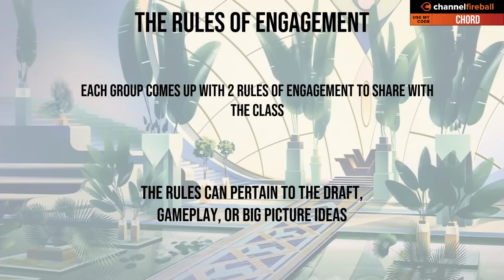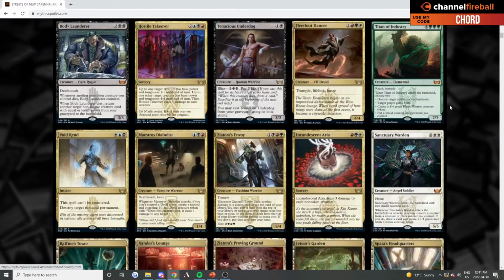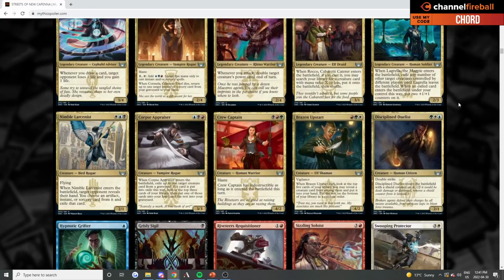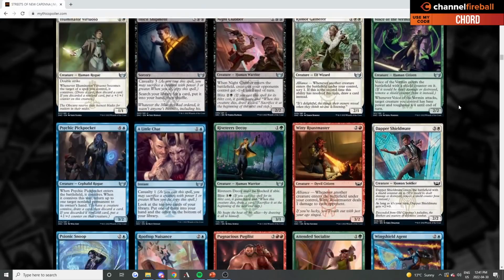Yeah, we came up with a few things. Sweet. We came up with kind of speaking to the tempo thing, being proactive. Figured avenues of attacking this format are to be big, like with green creatures, to be fast with blitz, or just be evasive with the flyers. So we figured it's better to be proactive in this format, and with splashing and controlling decks in this format, it seems harder to be reactive,